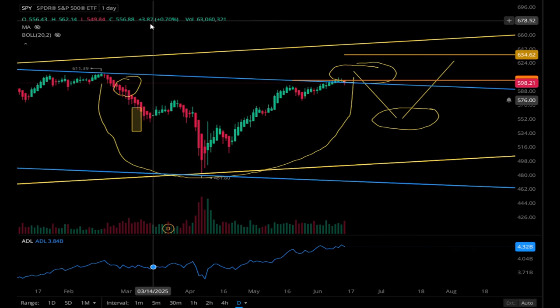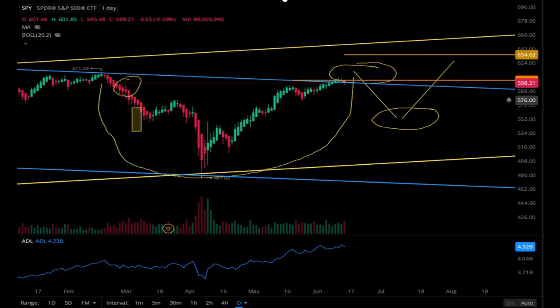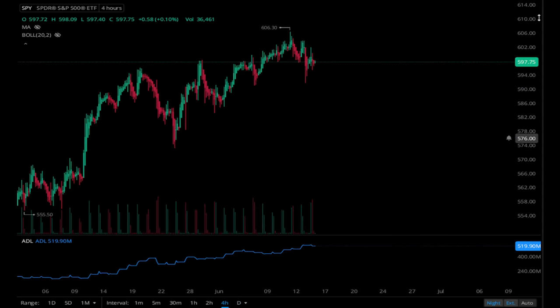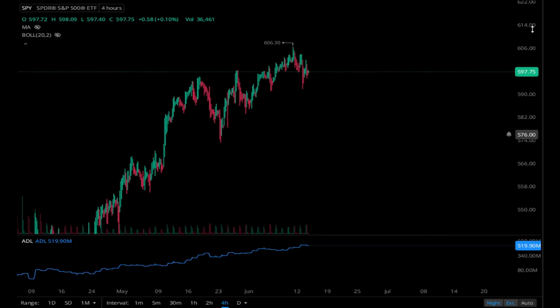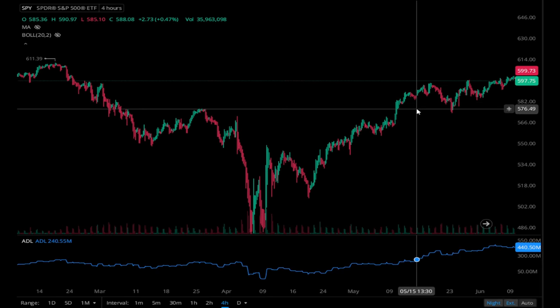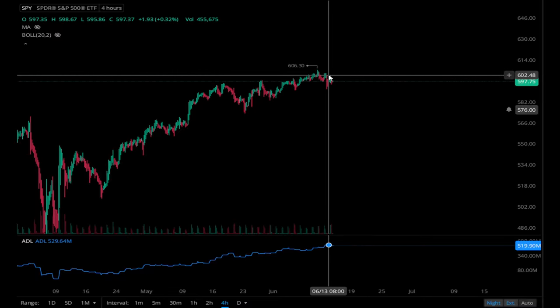Now, let's go over something that happens this Friday, and that's going to be OPEX, which I always hate, but what's more important than OPEX is it will be the SPY dividend. The SPY dividend is very likely going to be around 1.8. I'm expecting it to be about 1.86, so that means it will take $1.86 right off the top,